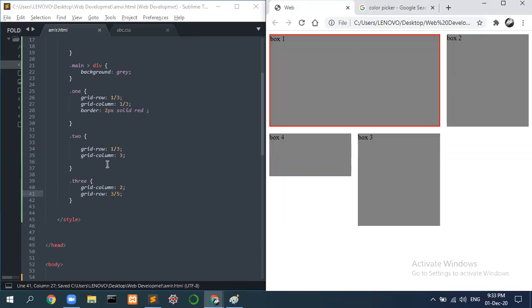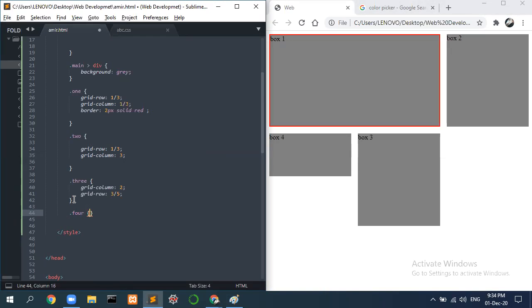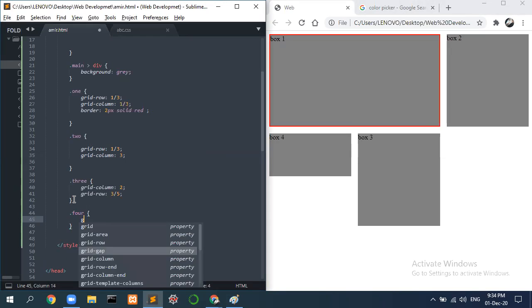So in grids what you can do, you can overlap these boxes. Okay, so you must have seen websites which overlap a sort of a container and all, so you can do that as well. So I'll just, 4, we are styling our fourth box. So I'll keep this